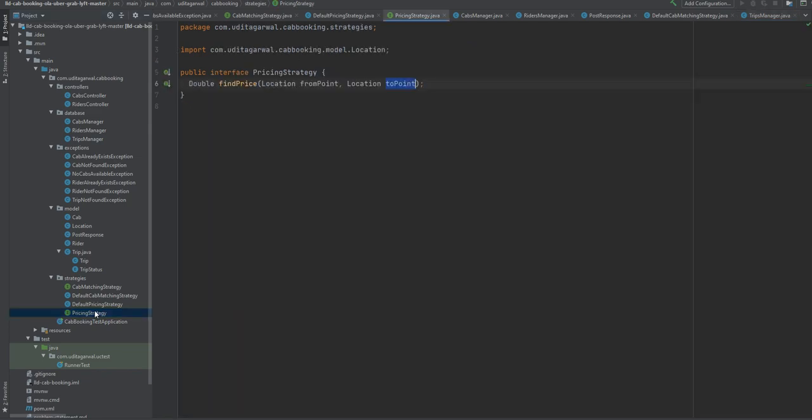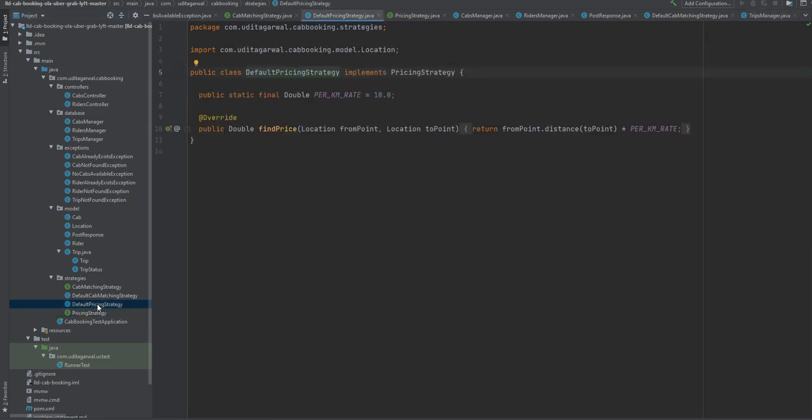Similarly with the pricing strategy, we have defined it separately so that if we want to change the pricing strategy later on, we can. Right now it's just taking a per kilometer rate, but let's say tomorrow you want to also include tolls into the picture, right? There are many things which come with pricing, and let's say you also want to include time. If the estimated time is, let's say, 1 hour, then 60 minutes times a per minute rate plus the per kilometer rate.